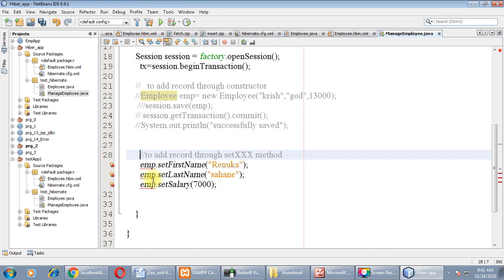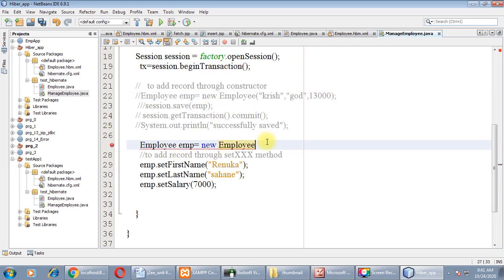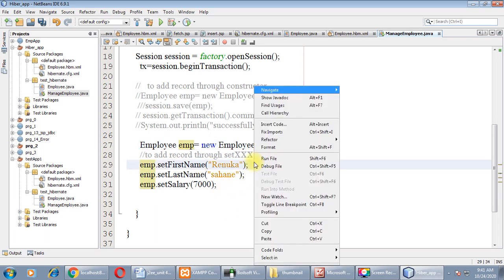Here you can see that it is showing an error. It doesn't find the object name emp. Okay, now run this file one more time.